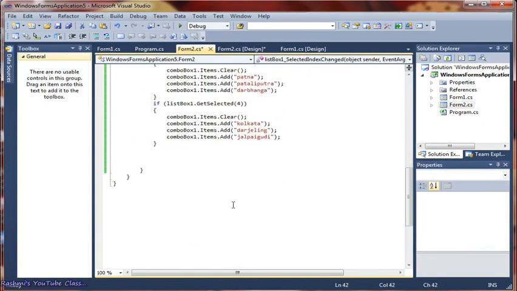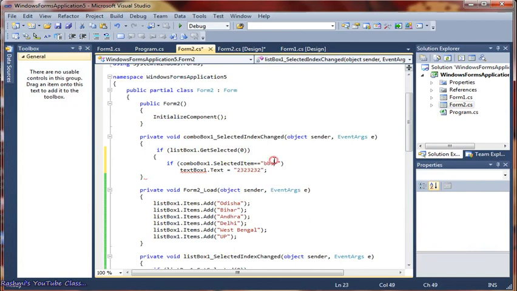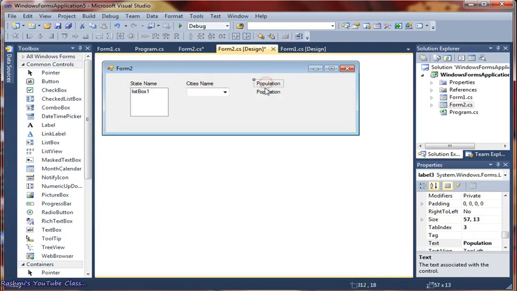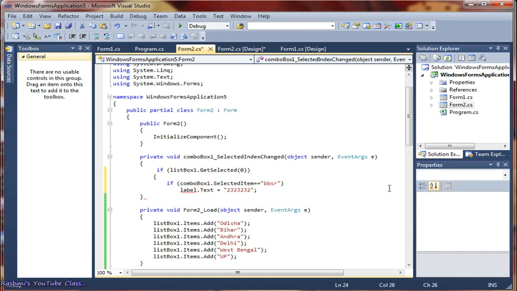So here you have to write, if it is BBSR, then text box 1. It is not text box 1 actually, it is label 3 I think. Check it. Label 1, label 2, 3 and 4. So label 4 dot text equal to any number you feed as the population. Fine.